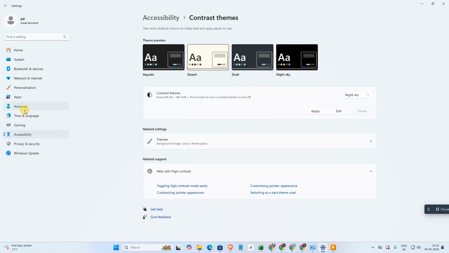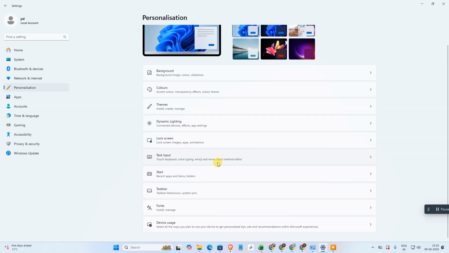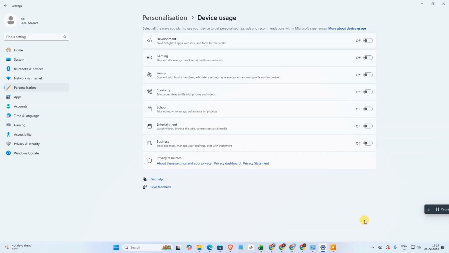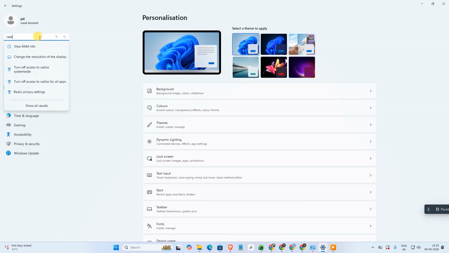Here in setting, we need to go to personalization. Here you can see all the personalization options: the background, colors, themes, the dynamic lock screen and other things, but you can see there is no option to make a transparent theme or transparent taskbar. Okay, in personalization, if I go to the setting, if I search for taskbar